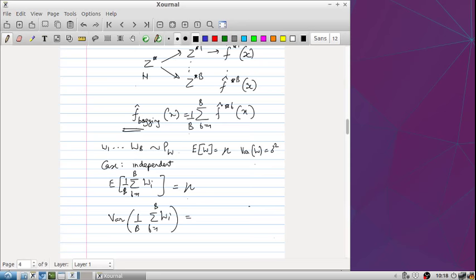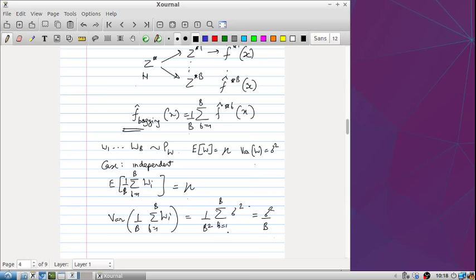You should just derive it offline, that it's going to be equal to 1 by b square sum over b equal to 1 to b of sigma square. Okay, and this was just equal to sigma square by b,